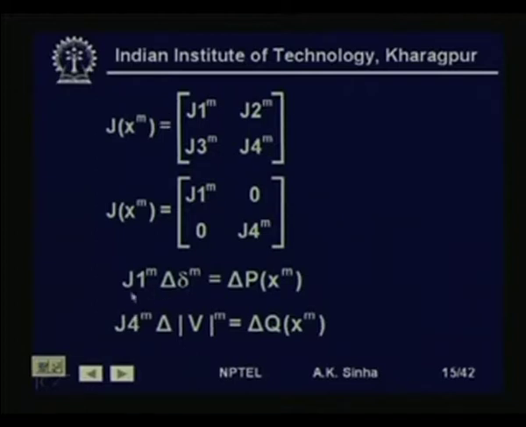Then this whole problem, which was 2(n minus 1) simultaneous equations, has been broken into two sets of (n minus 1) simultaneous equations,